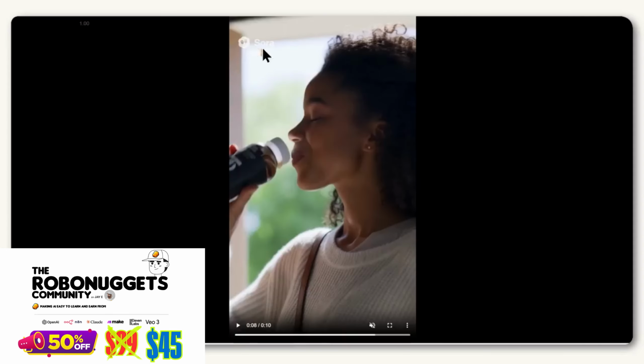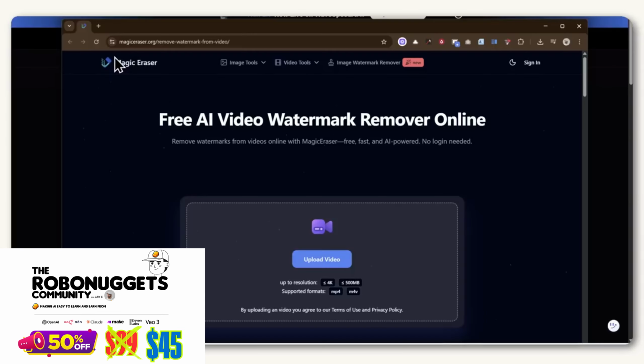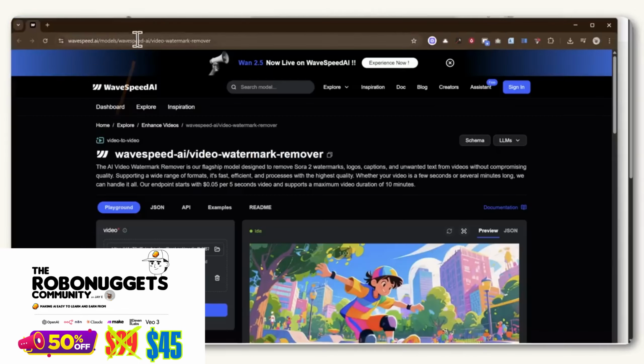Now, if you need to remove this watermark and also upscale this video, because currently Sora does output it at low resolution, one option that can do this manually is this website called Magic Eraser, just in this URL, where you just upload your video and remove those watermarks. But what we're also exploring, just to do this automatically, is this model by WaveSpeed in this URL that can remove this watermark on autopilot if you include this in your automation. So let me know